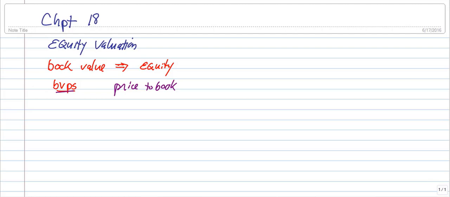Your book goes in and justifies, I guess, its rationale for why book value has limitations. And one of those is just how values are entered on the balance sheet. Assets and liabilities, for instance. And remember, assets minus liabilities is going to give us our equity, our net worth. But both assets and liabilities are listed on the balance sheet, not at market values, not at current values, but at historical values. Additionally, the book value of an asset isn't just its historical value, it also takes into account depreciation,